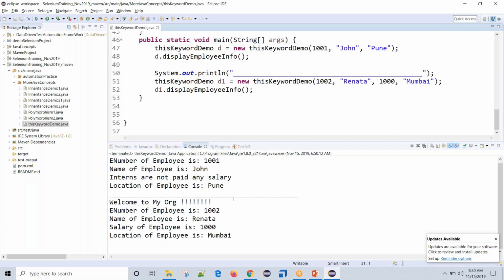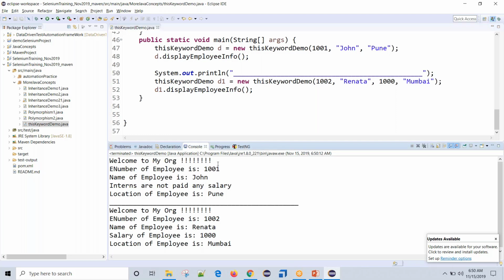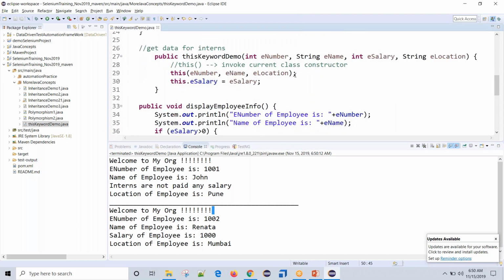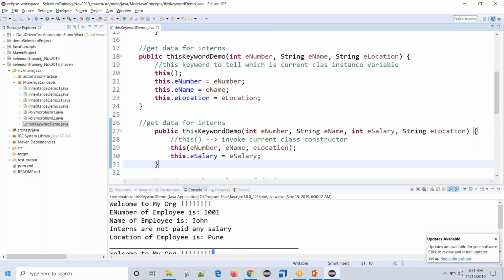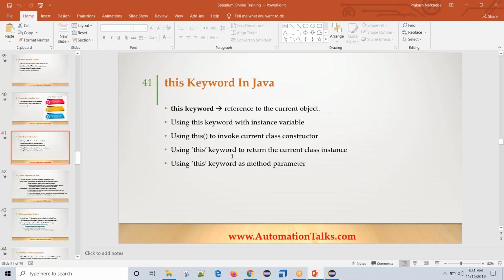Now can you see the very first message in both cases is welcome to my organization, welcome to my organization. Okay, so this is the basic usage of why and when we should use the this keyword, and how to use it. Apart from that there are a couple more usages, as I said. We will be using this keyword